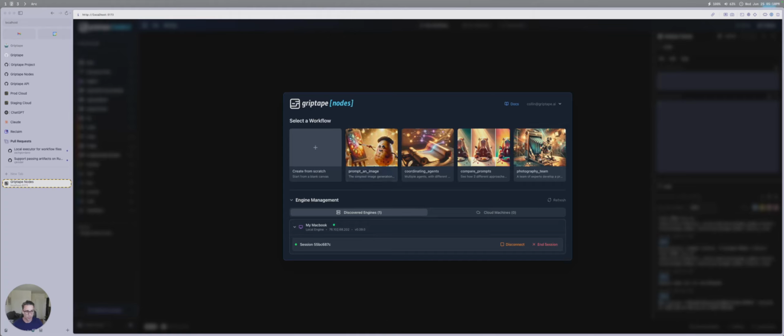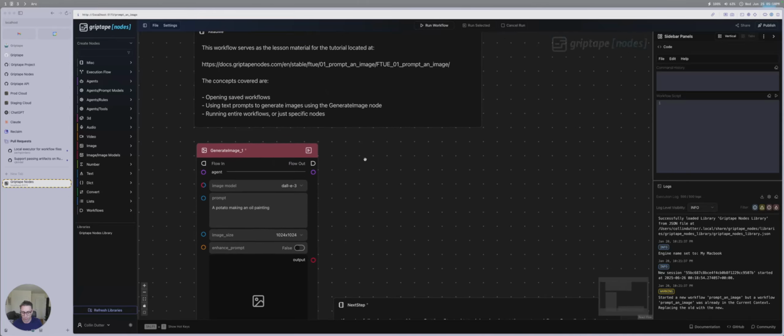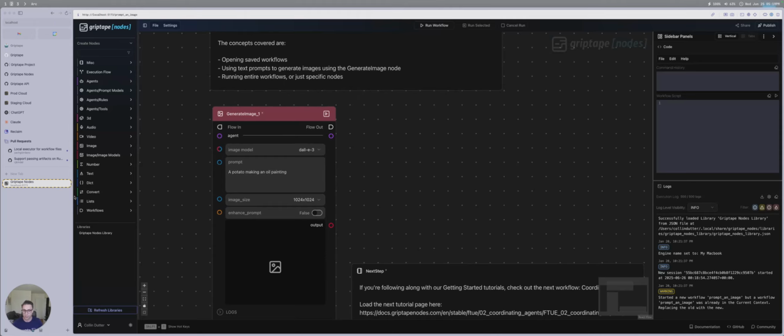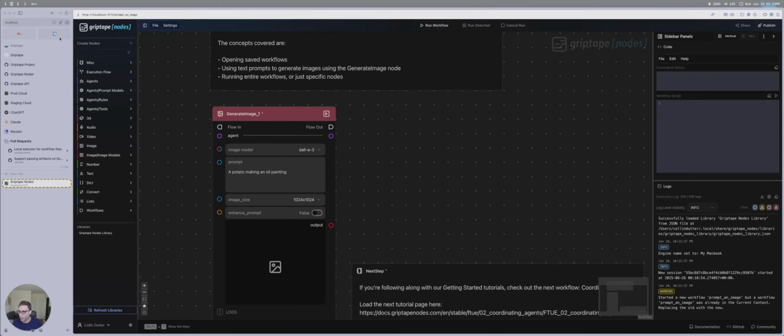And now we've got the ability to view all the workflows that are connected to that engine. So if I go in here, we can see the standard workflow. Now, the neat thing is sessions and the ability to segment where messages go. It gives us the ability to do some light collaboration that we are going to be building on in the coming months. So if I take this tab and copy it and make a second tab,